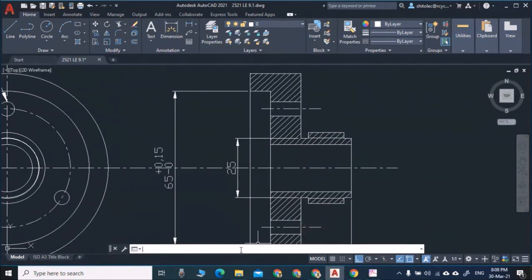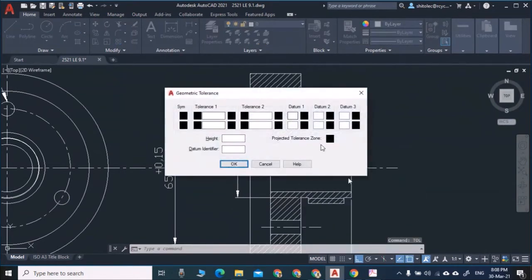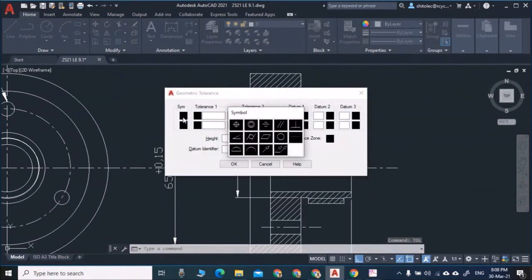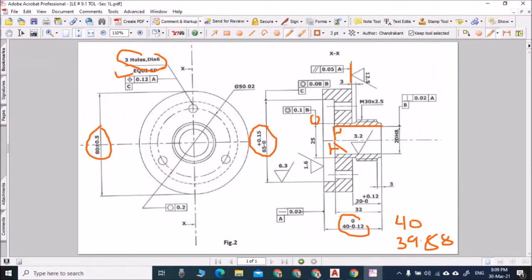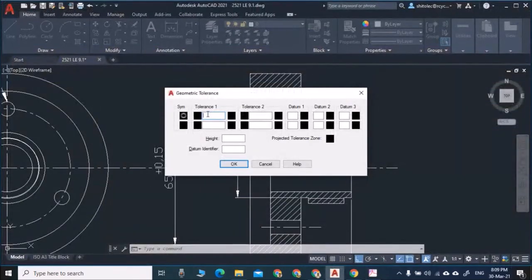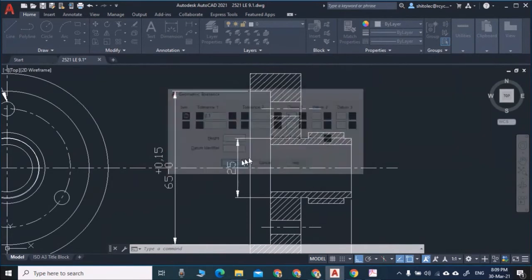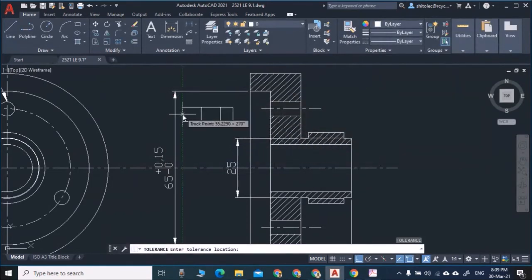And now I will make the geometrical tolerance here: TOL, enter. And now what is the symbol given to you? The symbol given is concentricity, 0.1 B. So here the tolerance is 0.1 and the datum is B. There is no other value here, and say OK and paste it here.